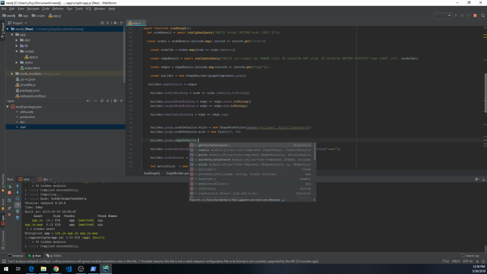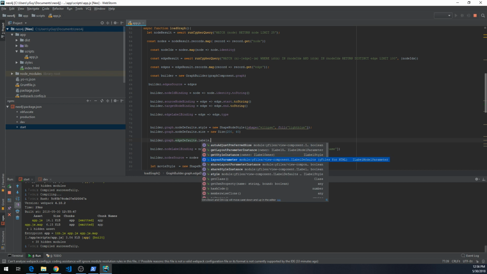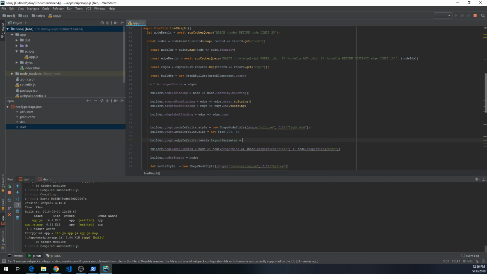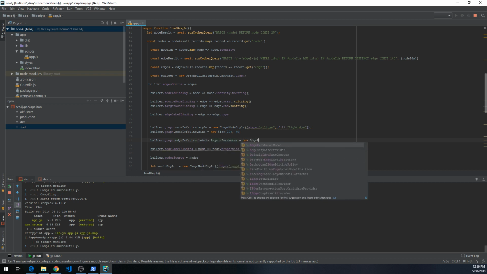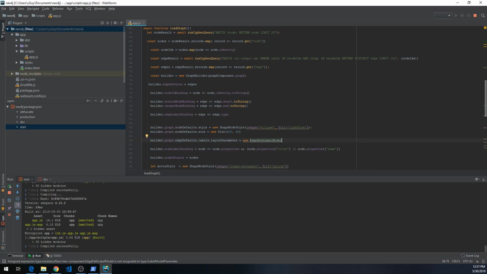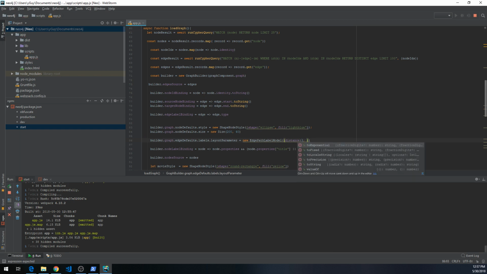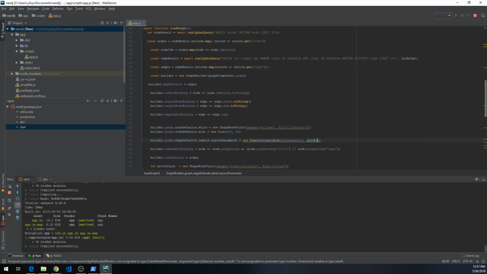And so let's simply change the placement of the labels first. So we're going to change the labels and specify the layout parameter. We're going to use the so-called edge path label model, where we can specify the distance of the label to the edge, whether it should auto rotate,